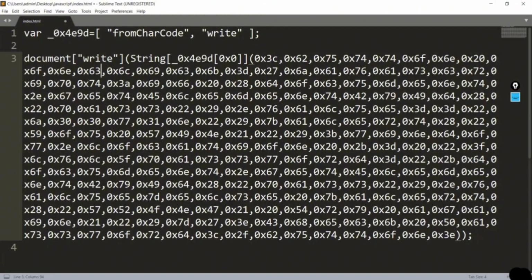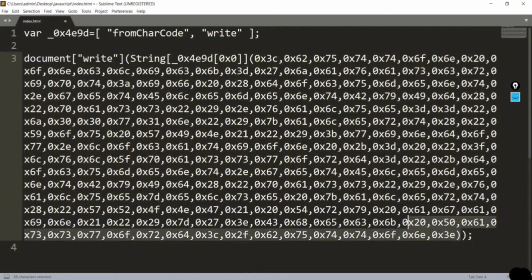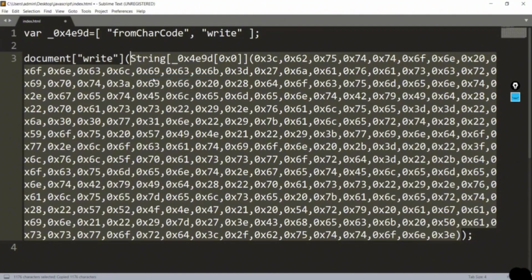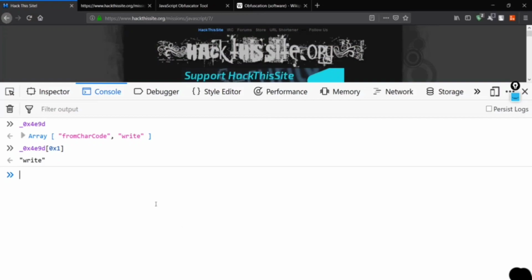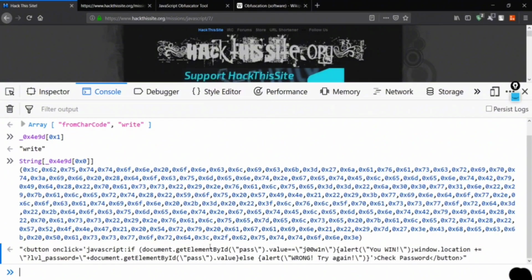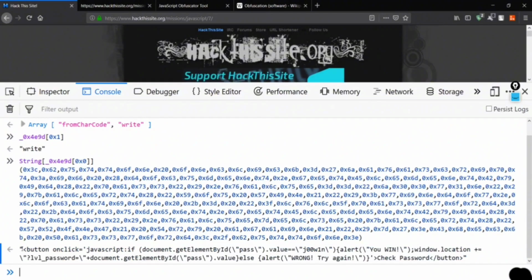And after that we have this string, so let me just grab all of these from here. I'll just grab up to this, let me just copy, let me just go back here, let me paste all of these, that is your string. Let me just hit enter. Okay, so we are getting some of the JavaScript code over here. So let me just grab this code